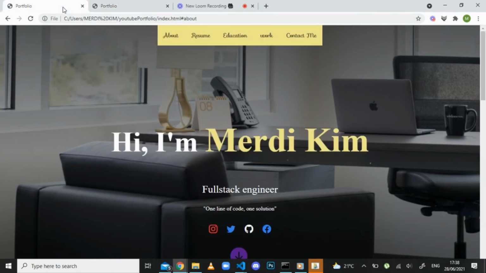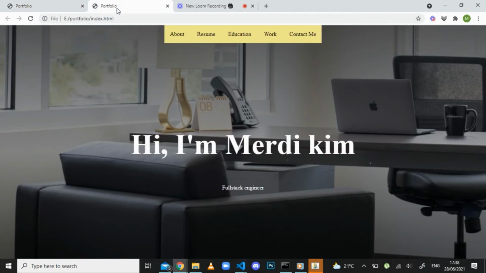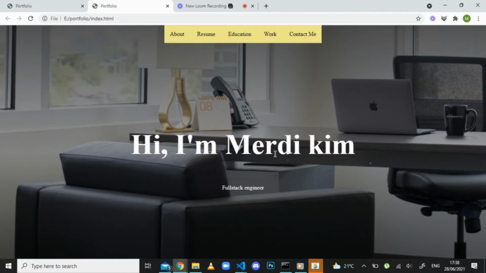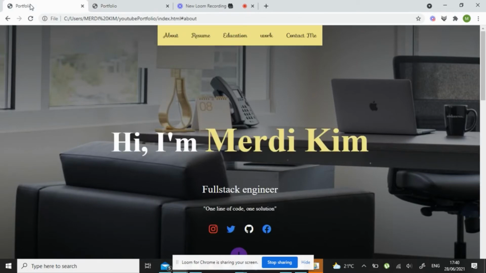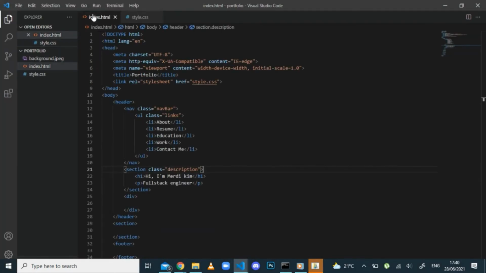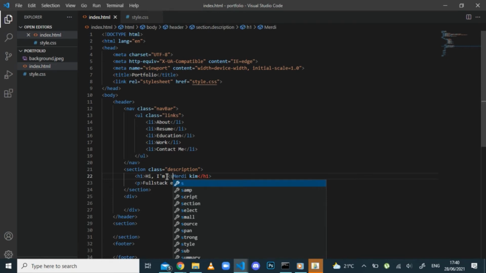So let's see our project. Okay. All right. Now this one is a bit smaller than this one. So we'll go back to our project, and maybe if you want to change this color, we're going to give it a tag of span. So we want to span it so that we access it easily. Now put it here, and now